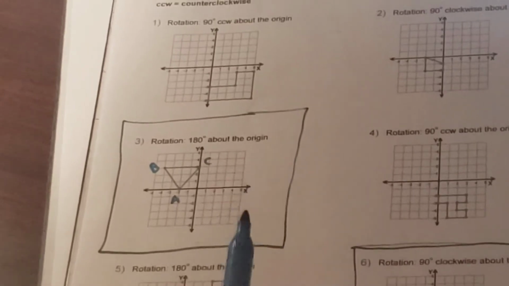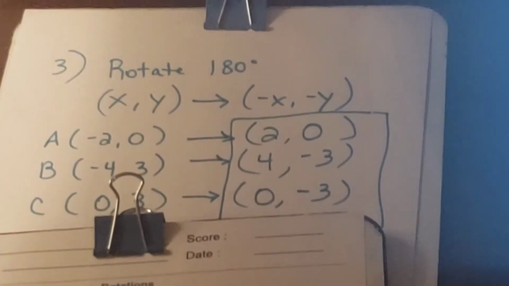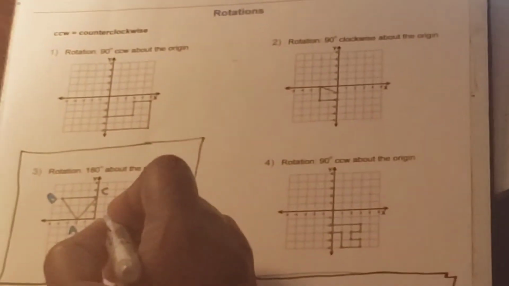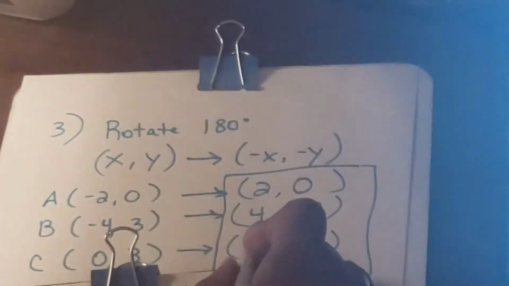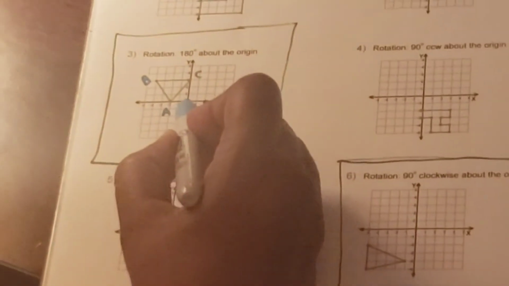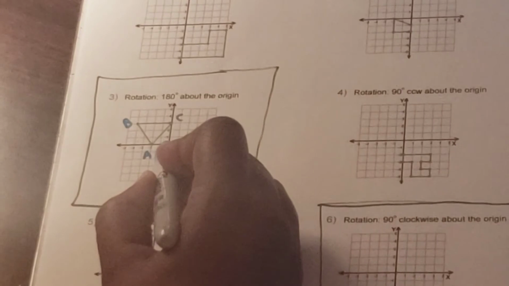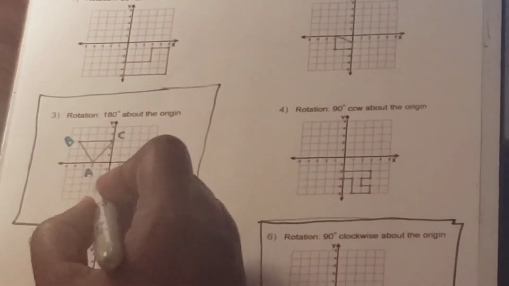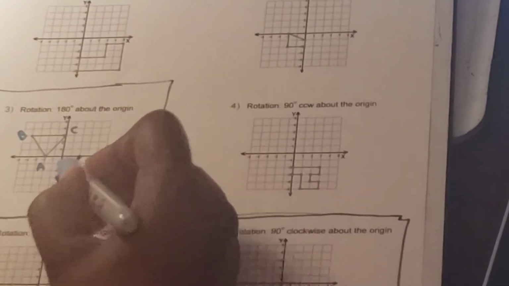So let's do our points. Our points again are 2, 0. So I'm going to move right 2 and then stay. 4, -3. I'm going to move over to 4 and then I'm going to go down 1, 2, 3. And 0, -3. I'm going to go to my origin and I'm just going to stay. I won't move left or right, and then I'll go down to -3. And here is your new triangle that has been rotated